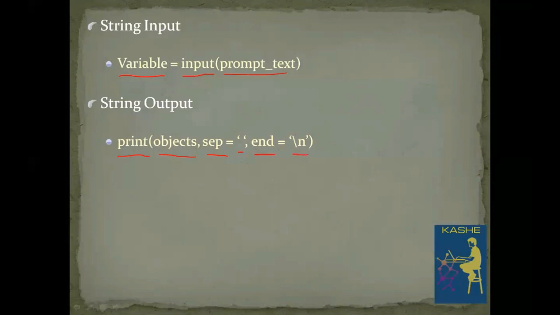That means whenever we are using multiple objects here, since the default separator is space, all those objects are separated with a space while displaying them. Then after displaying all the objects with space separation, the print statement automatically includes a new line character at its end. Then you can change the separator as well as end arguments based on your requirement.